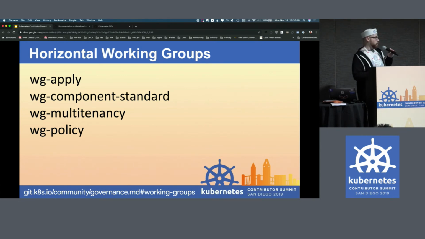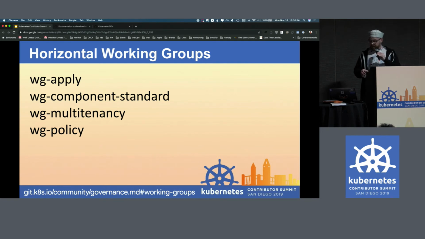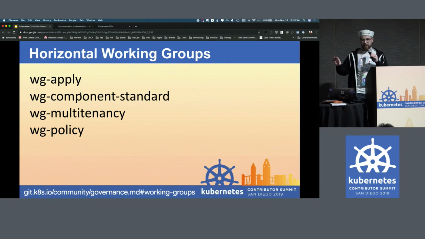And lastly, we have policy, which is there to provide an overall architecture that describes both the current policy-related implementations and decide the future policy efforts. If you've heard of pod security policies, they've been sitting around in beta for a long time. Right now, they're trying to decide if Kubernetes itself should continue to maintain the policies or just spin them out separately.